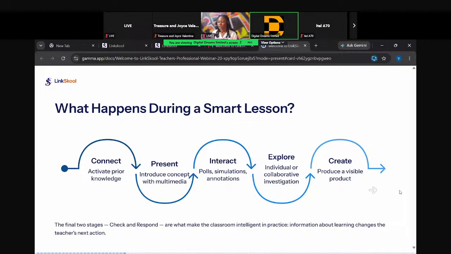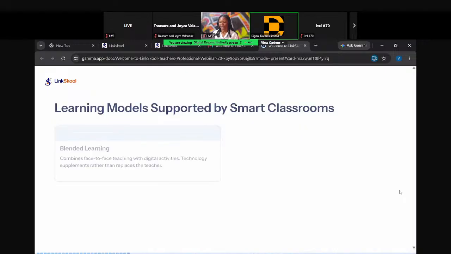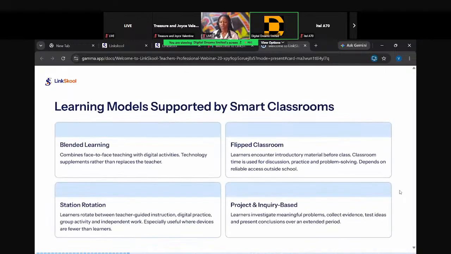All right. So the next thing that we have here is learning models that are supported by the smart classroom. The learning models that the smart classroom supports are, first, blended learning. In a smart classroom, it blends face-to-face learning, like the physical classroom learning, with digital classroom learning,